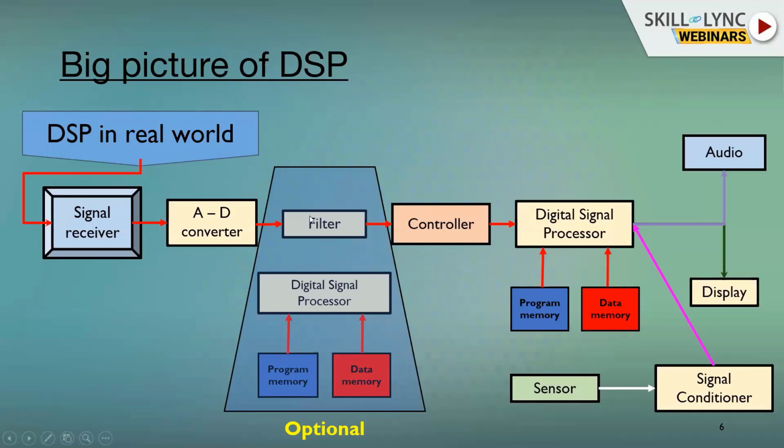I want to filter out some of the noise which is not present in the in-band, basically present in the out-of-band. And next, I'll pass this filtered data to a controller. It can be a general controller like an ARM or Intel controller, based upon the requirement. Next, the controller can do every task that is supposed to be done, because